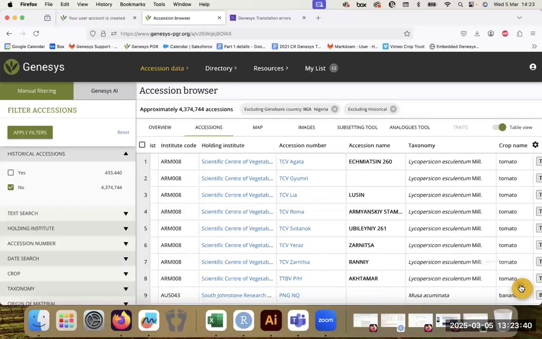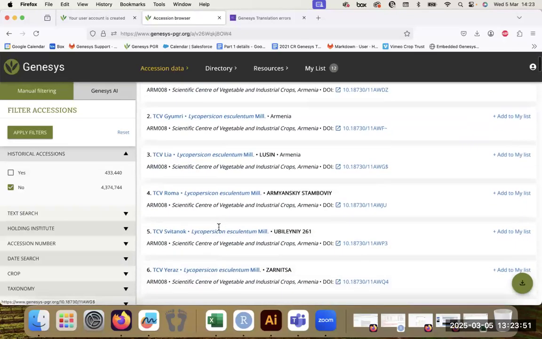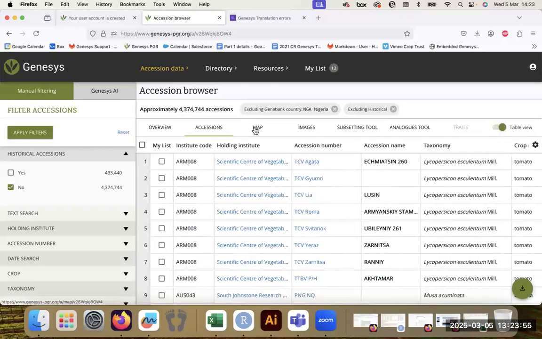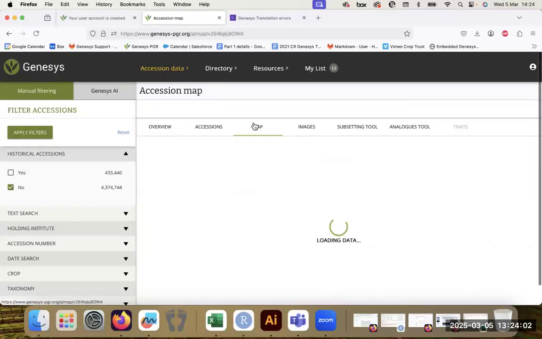And you can download using this button here. But of course, we will go over the downloads later. And you can toggle here between the table view, which we are looking at right now, or list. We will go back to this table, but I want to also show you the next tab, which is